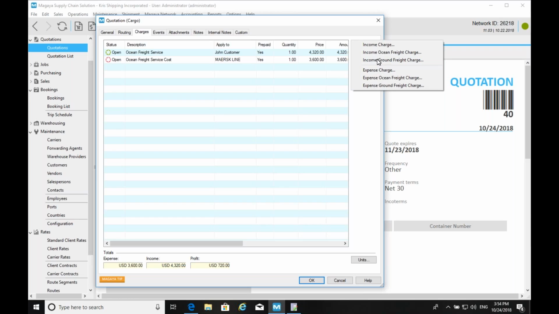So you can add a ground freight charge, an expense or income, to an ocean quote, ocean booking, or ocean shipment. And if you had that rate and automatic generation set up, it will pull them both. So you don't necessarily have to have an income charge specific for ground, for trucking anymore. Let's say if it's long haul, you want to put a ground rate from Denver to Miami, it can now actually work in version 11. We added that. It's not there yet for air, but for ocean, the option is added.